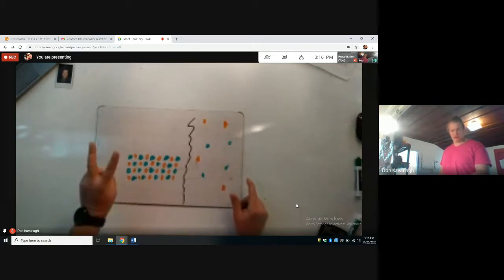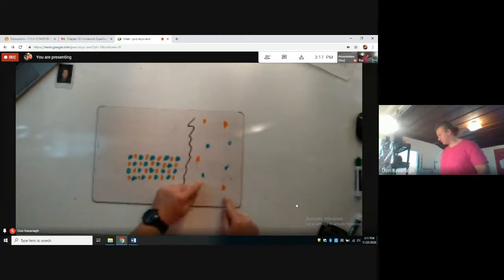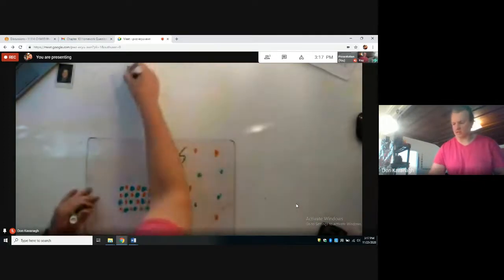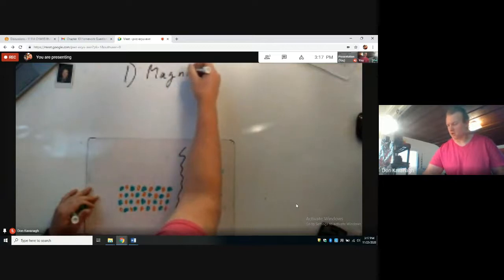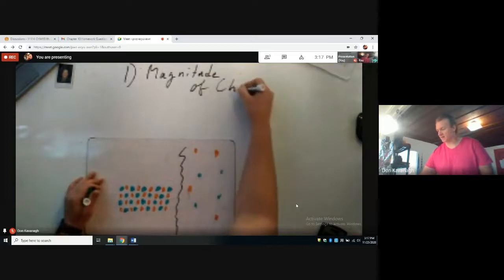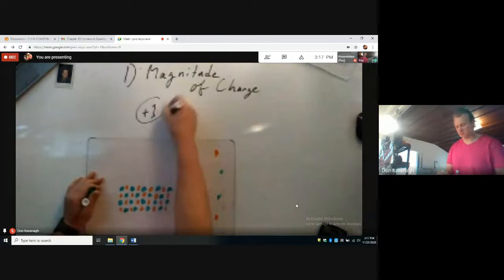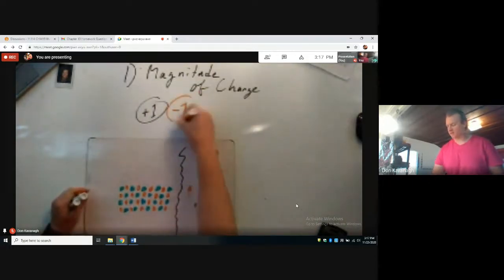There are two main factors to consider when predicting how much energy it would take to separate ions completely from one another. The first one is the magnitude of the charge of the cation and the anion. What that means is that if you have a +1 cation and a -1 anion